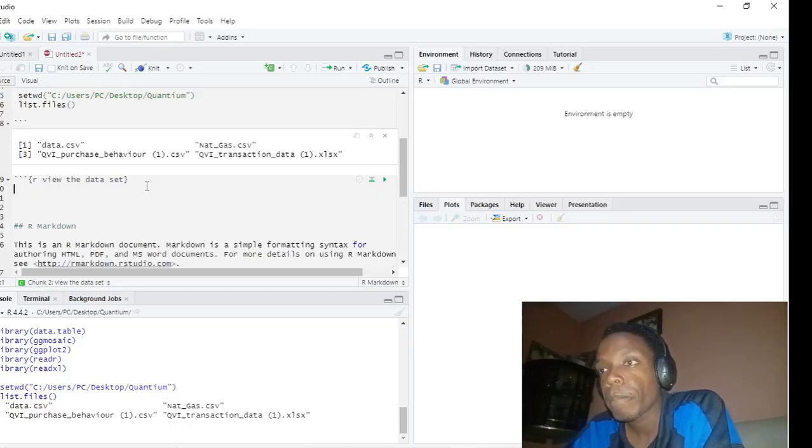Okay. So we can see that the two data sets I'm working on are purchase behavior and transaction data. And these two data sets are for a period of 1 year. The chief marketing officer wants to expand his businesses. So in so doing, he wants me to analyze his data and know the customers he wants to concentrate on. And before I start, as a data analyst, you should be very curious. You should know the problem you want to